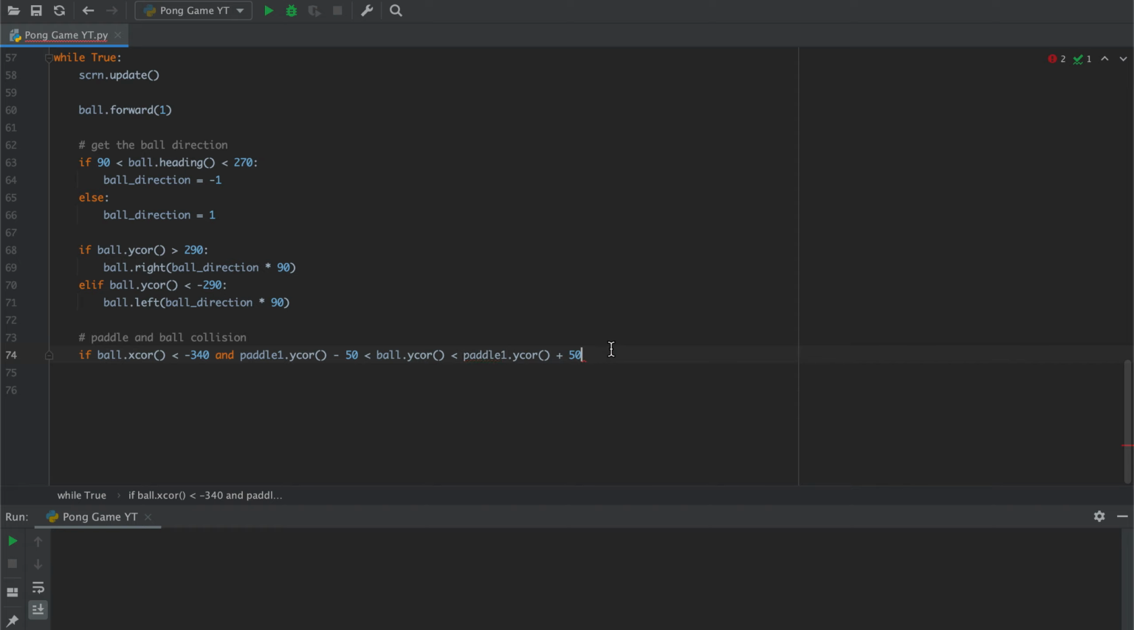Okay, and just to explain what I did, I used the word and here. And what this word does is that both my first condition and my second condition have to be true in order for my code inside of my if statement to be executed. So both my ball's x coordinate has to be less than negative 340 and my ball's y coordinate has to be between the bottom part of my paddle and top part of my paddle in order for a collision to